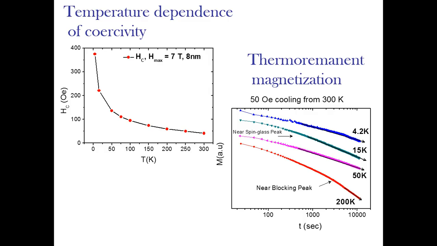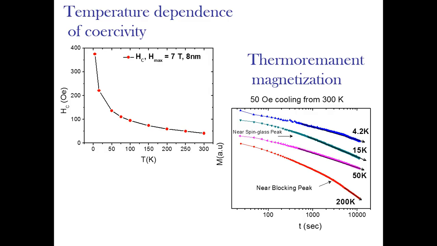and we have a higher coercivity, or more open loop, at low temperatures due to the blocking of the surface. On the right hand side, we have the thermoremanent magnetization, and you can see near the spin glass peak it normally flattens if you have a spin glass, and near the blocking peak, where the surface spins become defrozen, we have a sharp decline. If you have a sharp decline like that, you have a hint that you are above the T_g. So below 50 Kelvin, the thermoremanent magnetization curve is flattened,